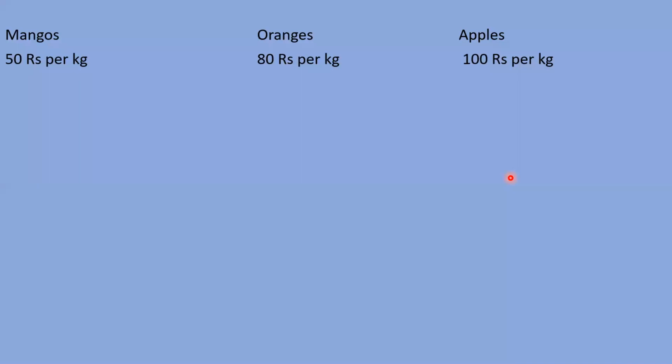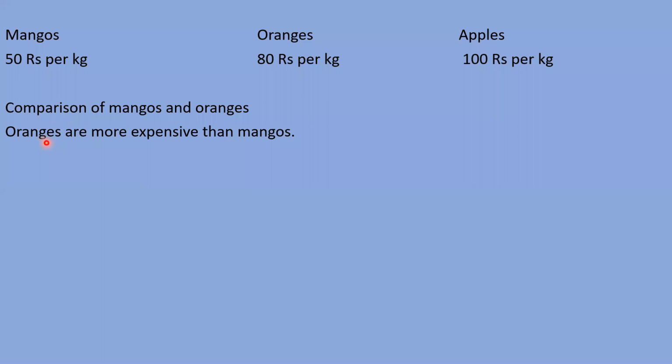So you know that the most expensive fruit is apples, right? This sentence we can say in this way also. If we make a comparison of mangoes and oranges, we can say this sentence: oranges are more expensive than mangoes. यानी कि oranges जो हैं वो 80 रुपीज के जी हैं, mangoes क्या 50 रुपीज के जी हैं. तो हम इन दोनों का कंपैरिजन करें और अगर हम ये कहना हो कि oranges जो हैं वो mangoes से ज्यादा महंगे हैं, so we can say oranges are more expensive than mangoes, right?